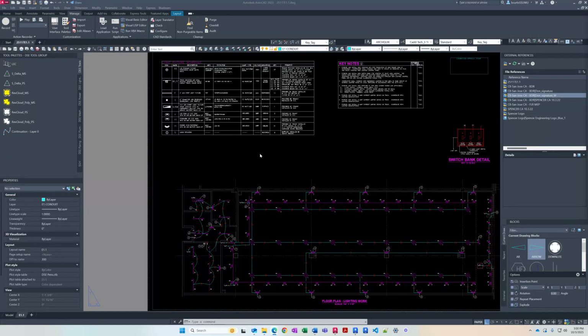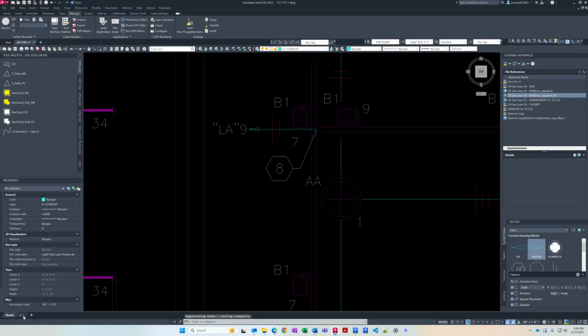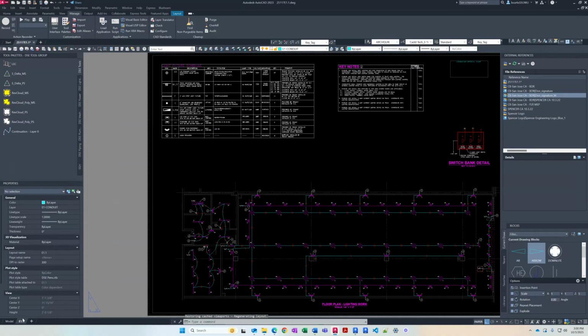Hi everyone, this is a video short on some of the best procedures to batch plot an AutoCAD drawing. The first thing we want to do when we get ready to batch plot is realize you have to be on either the model tab or the paper space tab, and we're typically going to plot, with rare exceptions, from the paper space tab. So click on the paper space tab that you want to modify,